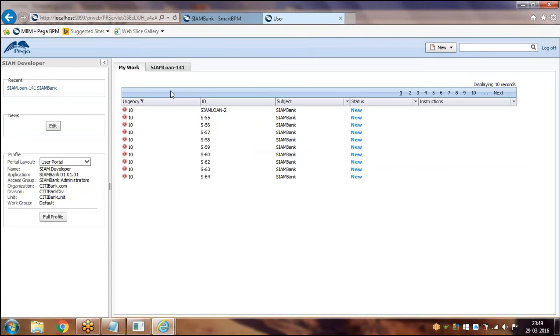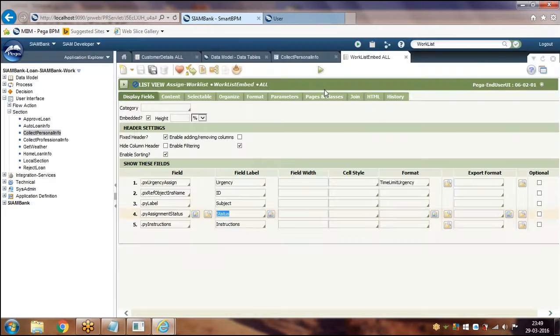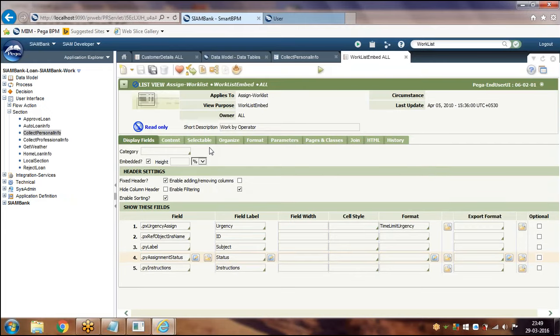So a list view will get detailed data like this only, like the work object information is being loaded using a list view. Whereas a summary view is summarized data, it will show you based on the group by properties and other options. This is an out of the box rule which is created. This rule will be there when you install Pega itself.